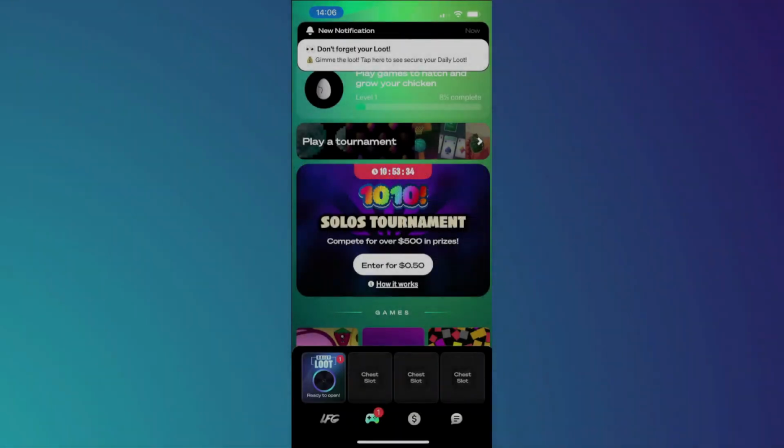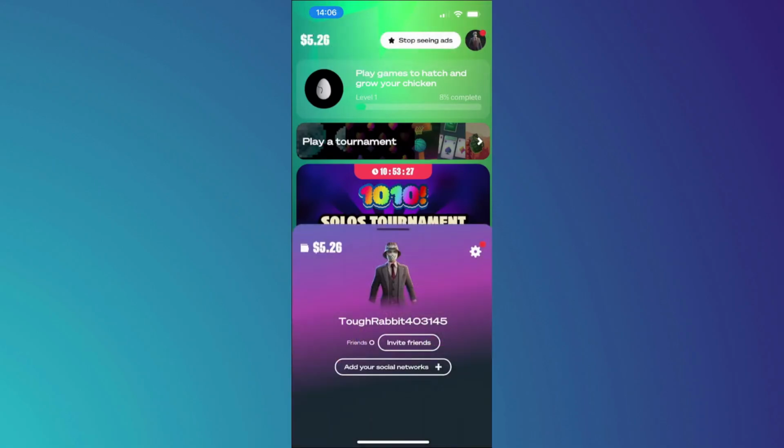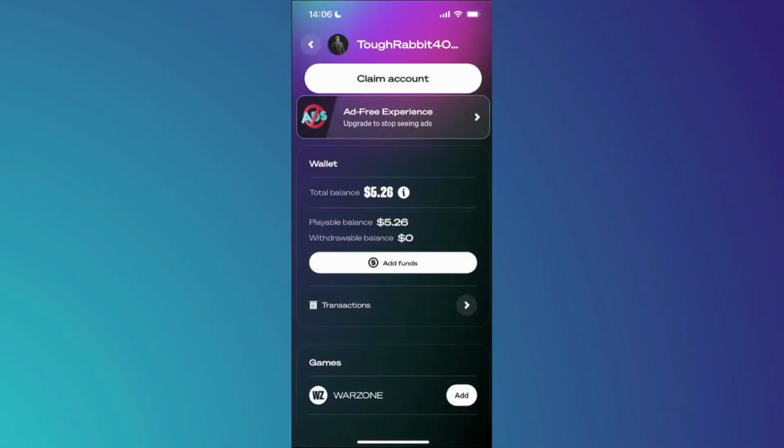Alright, let's begin. First, open the Z League app on your mobile device and make sure it is updated. After that, tap on your profile icon found in the top right corner. From here, we will choose the cogwheel or the settings in the right corner, and you will be redirected to